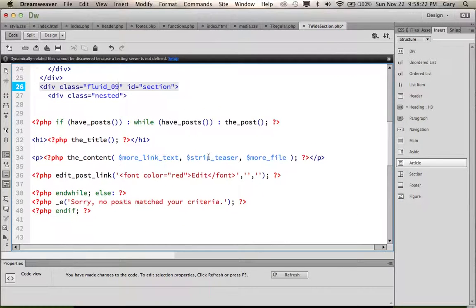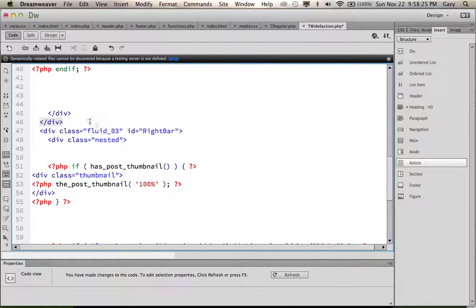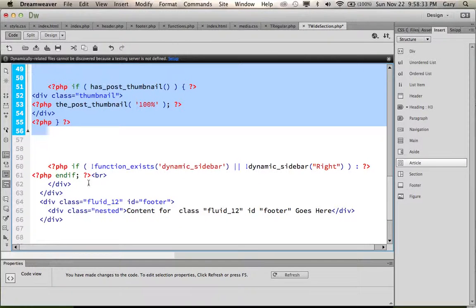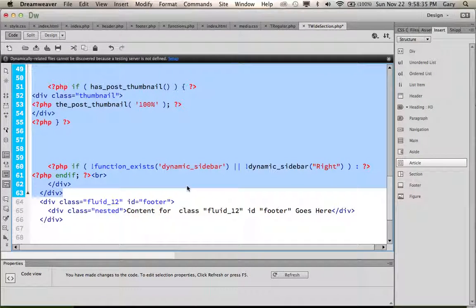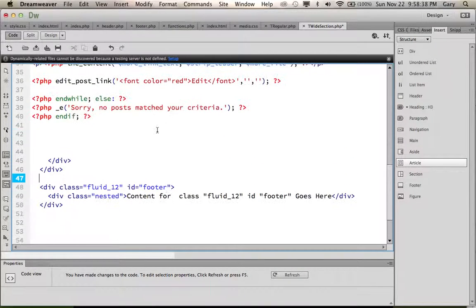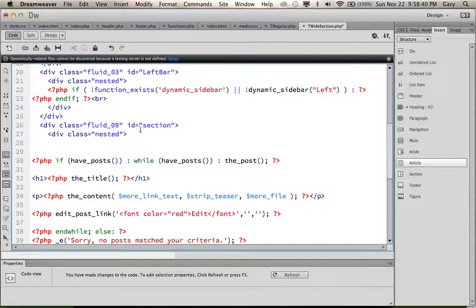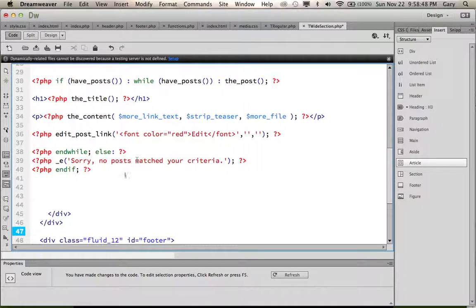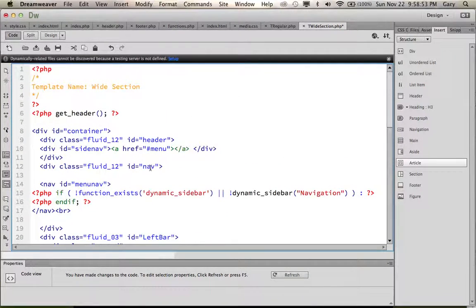And then I'm going to go down and I'm going to absolutely delete fluid 3 right bar. It's going to be gone. Just like that. Okay, so now we see that there is a section which is fluid 9. It's nested. Make sure I didn't hack off too many. Nope. Here's the closing div for nested and closing div for content. Okay, so if I save that wide section,